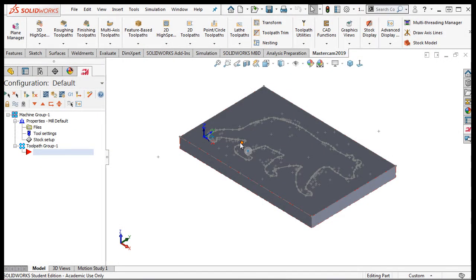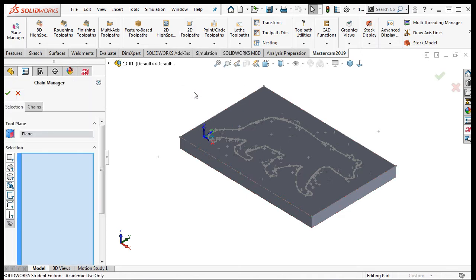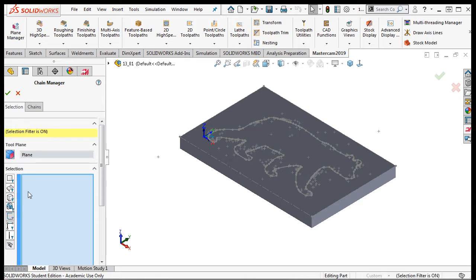Often a customer will want their logo machined into a part, such as the bear logo shown here. The engraving toolpath will easily allow this to be done. From the 2D toolpaths, I'll select Engrave. I'll enable the sketch chaining option and select this sketch,